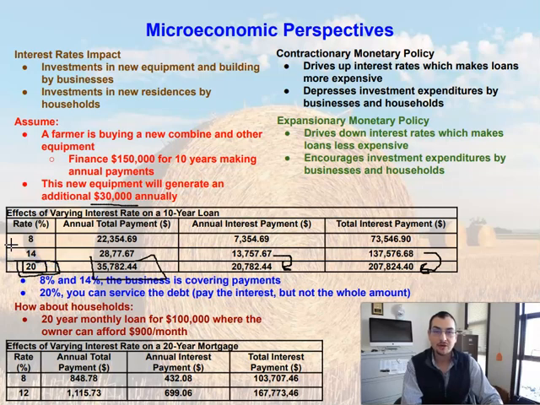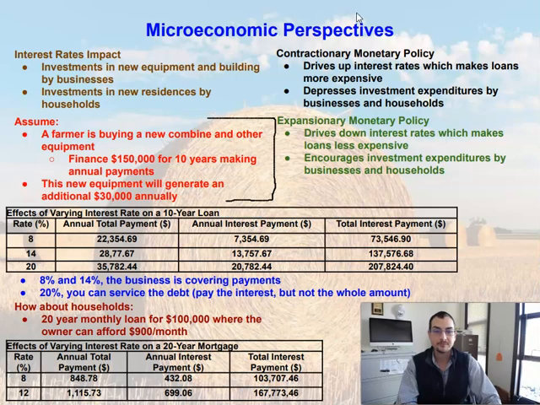So the higher the interest rate, the less money that we're going to make off this investment, and the less likely we are to engage in it. At 20%, we're just not going to engage in it. So basically, the higher the interest rate, the less investment we're going to do. So this is for one particular business. But imagine that every business was facing the same scenario, which they do. The higher the interest rate, the less likely they are to engage in those investments. So the lower the interest rate, the more likely they are. And that goes to show how it works from an individual's perspective, and all businesses will face the same